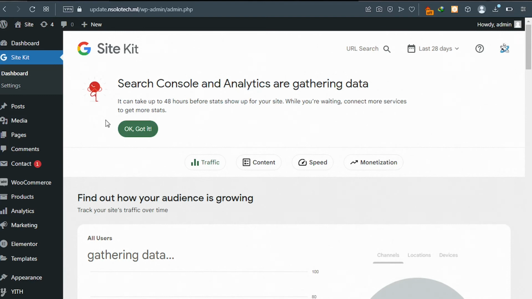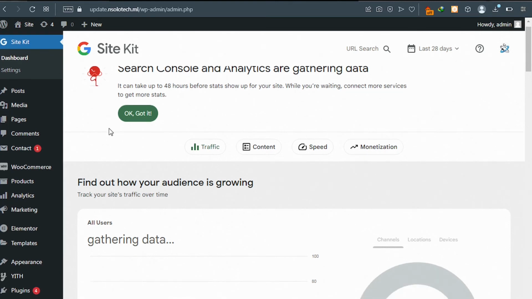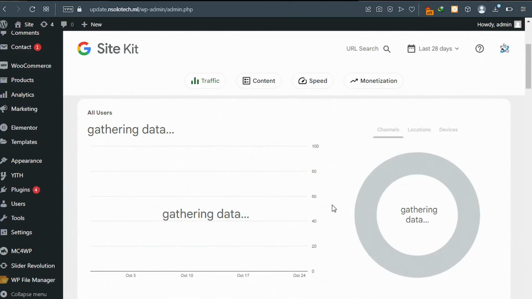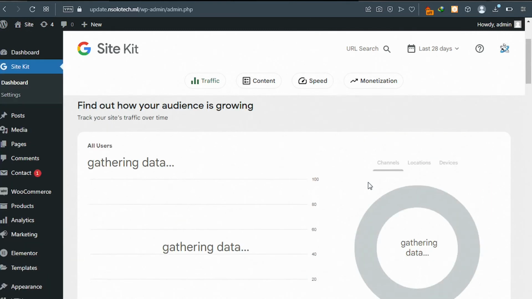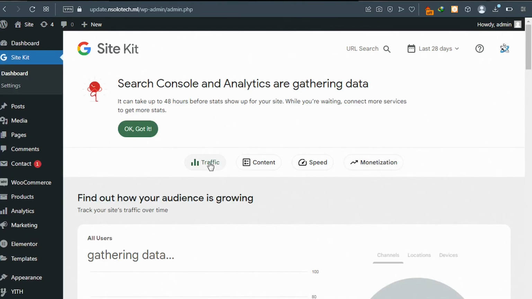And your website will start collecting data about your website visitors. Very soon, you'll see the data displayed here with a lot of metrics you can measure. You can click on traffic to see your website visitors. Next, what I want to show you is how to test our website to see if